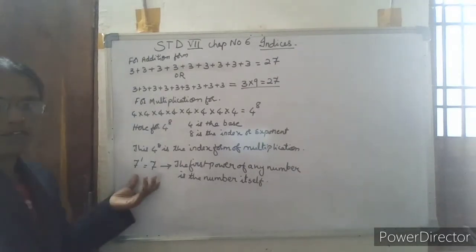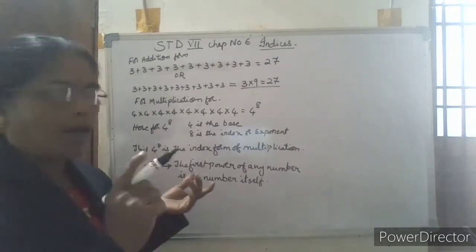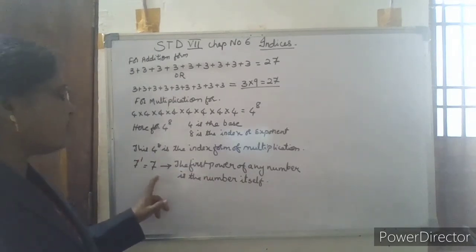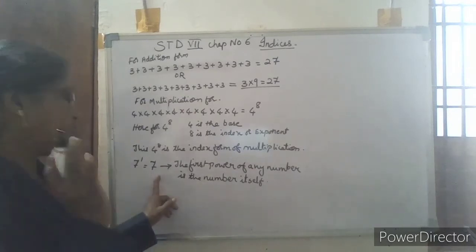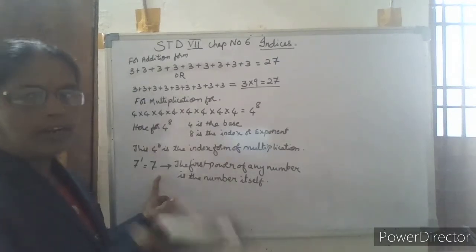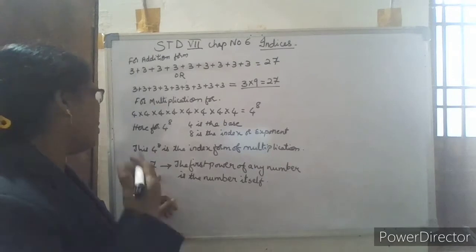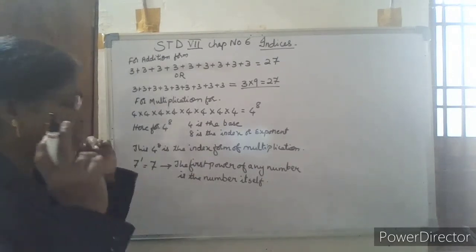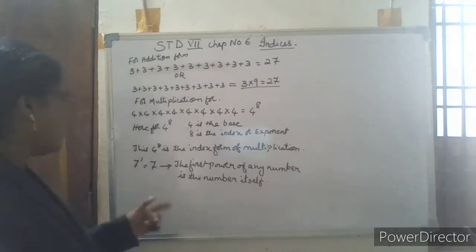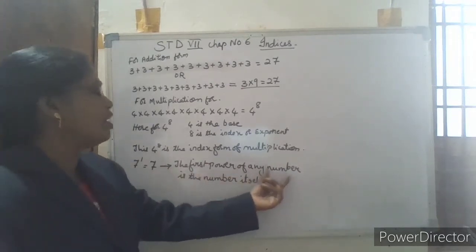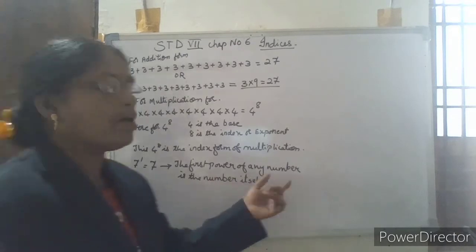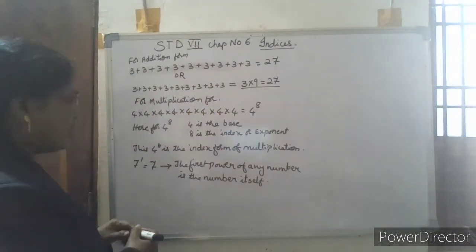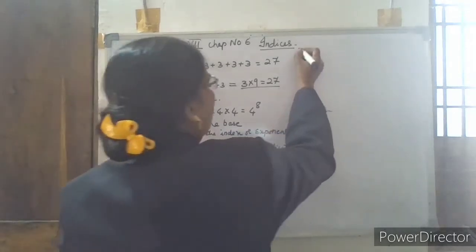Now suppose a number has the power as 1. Like in the given example, 7 raised to 1 is always equal to 7 only. Or 8 raised to 1 will be equal to 8. 10 raised to 1 will be equal to 10. And 98 raised to 1 will be equal to 98 only. That is, the first power of any number is the number itself. So we go to the next one, that is the reading of